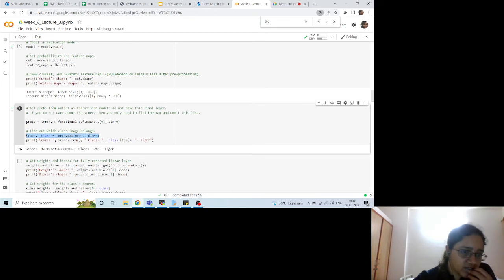So this gives out two things. One is the highest score that was given by these probability values, and next is the, what do we call it, the class. Okay, so the class which has the highest probability value. So now printing these,